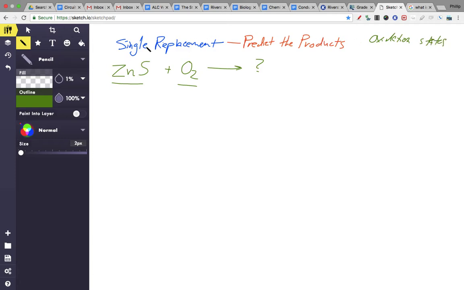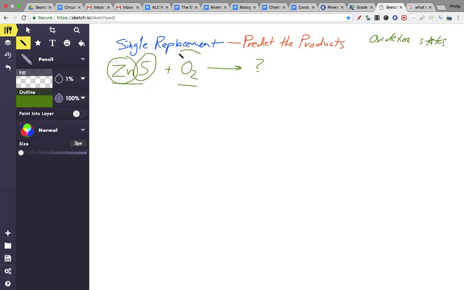They can be looked up, but you need to think about what those charges will be on the different elements involved. So, looking at this single replacement reaction, we have zinc and sulfur